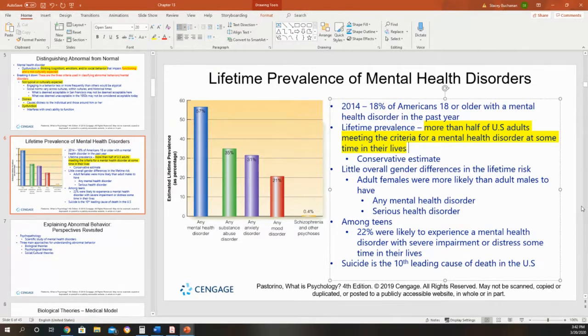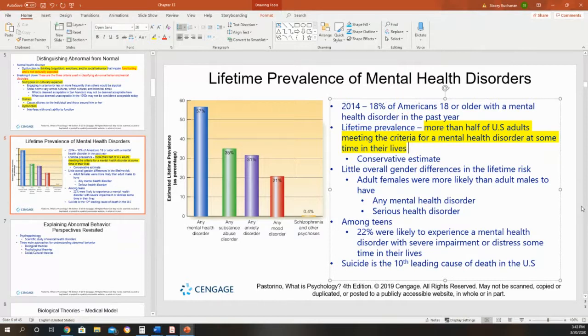Though the average is about the same, that half of males and half of females, over the course of their lives, would be diagnosed with the disorder or have the markers for a mental disorder. I'm trying to say women will just be diagnosed with it more due to the fact they just go to the doctor more. Among teens specifically, 13 to 18, 22% were likely to experience a mental